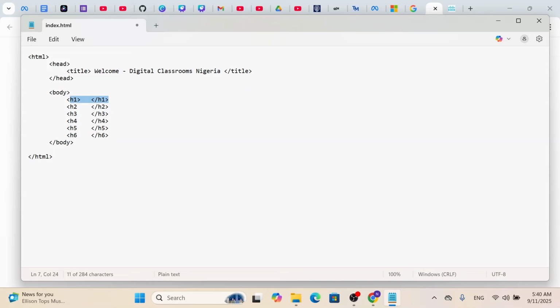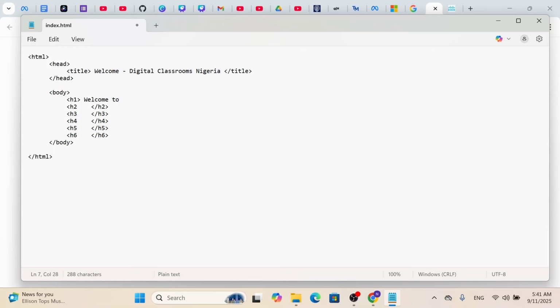H1 is usually the boldest, followed by H2, followed by H3, followed by H4, followed by H5, and then H6. So by the time we type something inside it, and then we refresh the website page, the index.html page, you will notice that the H1 is usually bigger than the H2, followed by the H2 and then the H3. So what do we type as our main heading? We type welcome